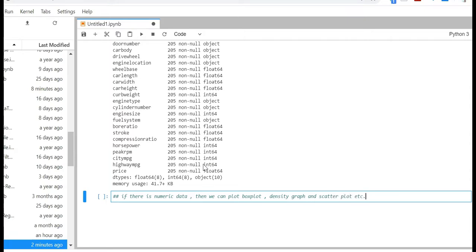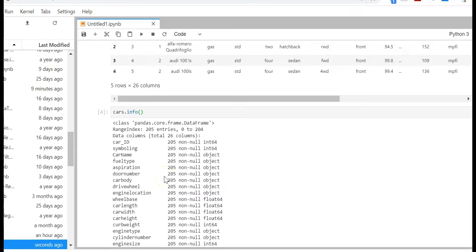etc. But again it will come with experience, as and when you start doing the programming in Python, because if there is a large data set, then you obviously cannot plot the graph on each and every column. Based on the source data, you have to decide which columns are useful and which columns are not useful, and then only you can decide to plot the graph against them. And again it depends on your business decision and